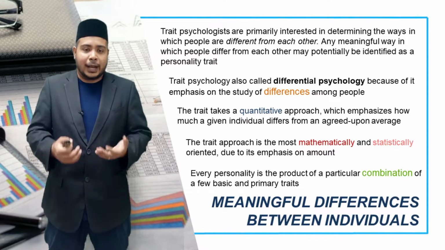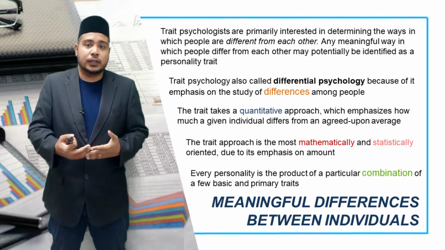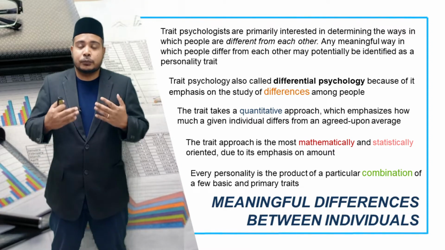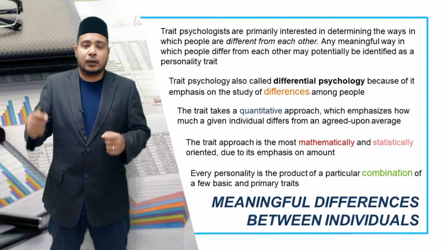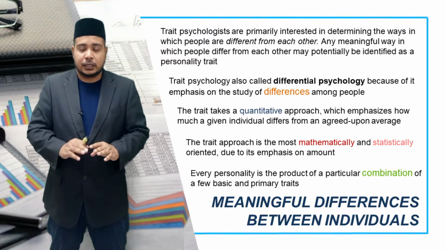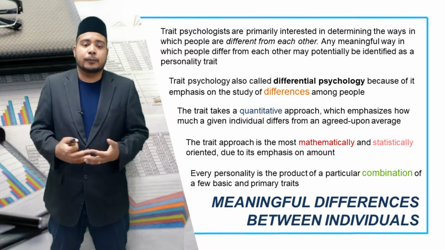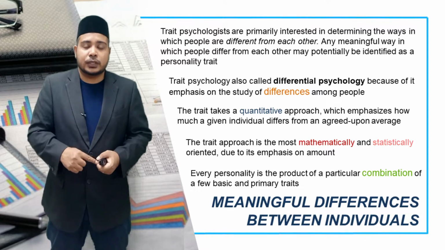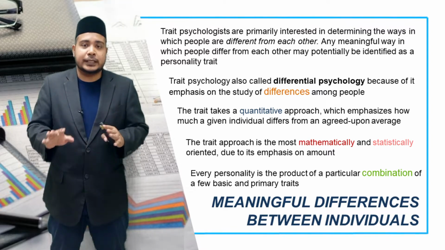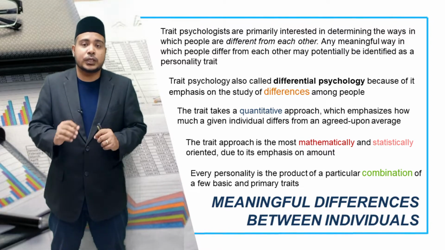Okay, so why does the assumption of personality traits become one of the issues? Okay, because of what? We are not measuring this. Instead, they assume that all of our personalities are different. Okay, it's different, it's unique to me, unique to you, unique to everyone else. So it's basically because it's an assumption, it has also become one of the issues. Why? Because these are debated. Because sometimes there are personality traits which are unique.